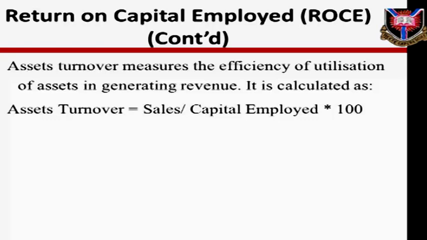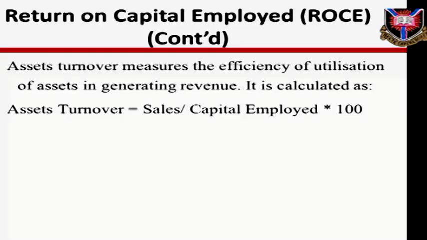Asset turnover measures the efficiency of utilization of assets in generating revenue. It is calculated as asset turnover equals sales divided by capital employed times 100. A company can be efficient and profitable, but it is possible for a company to be efficient without being profitable, or to be profitable without